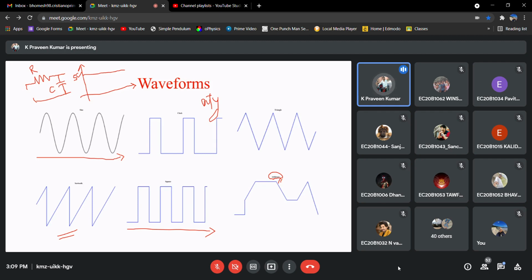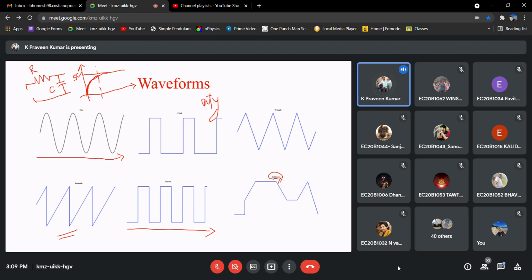If we apply this kind of DC source, definitely it will take some time. It won't get charged quickly, right? So what is the time that it takes? This is what I want to know.